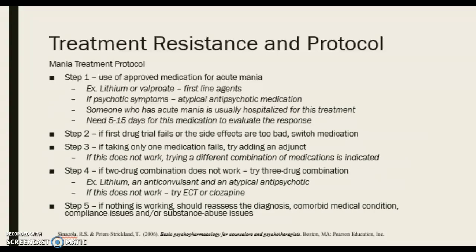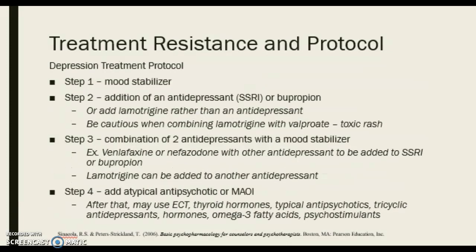Step 5, if nothing else is working, should reassess the diagnosis. There might be a comorbid medical condition, so something physical going on. Could be something with compliance, so maybe the person's not taking their medication as prescribed, or some other substance use issues going on. So your depression protocol, so looking at somebody who has a bipolar diagnosis, but during a depression phase,